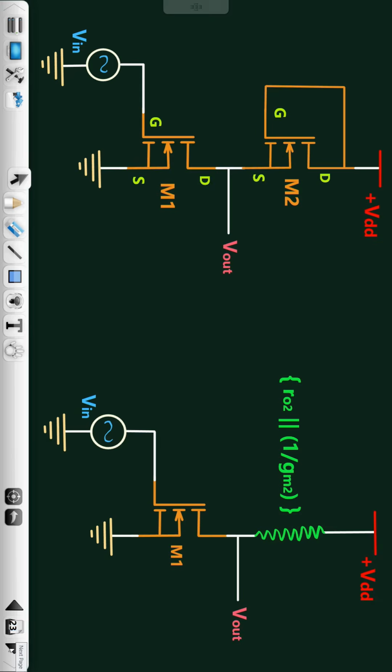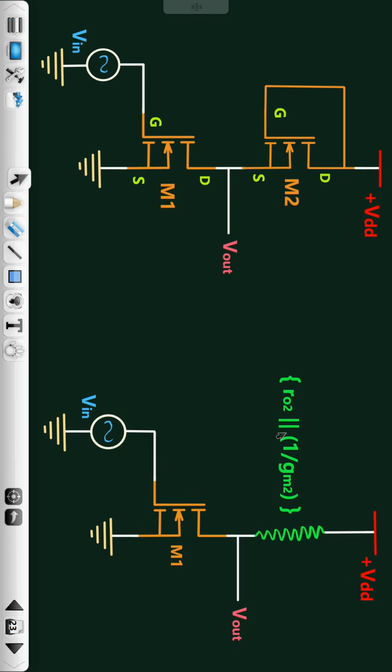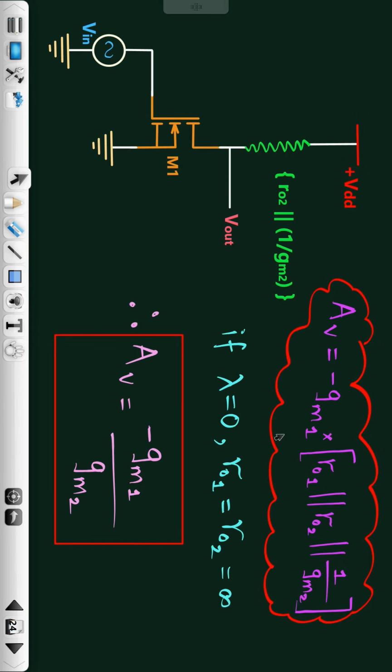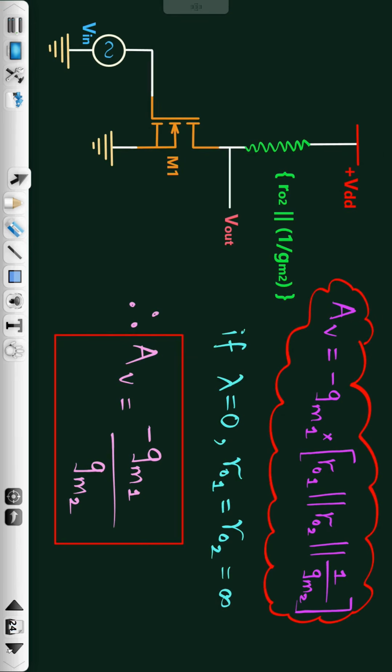For that, we all know the gain offered by the normal CS amplifier, when we connect RD over here, is minus of gm1 times RD in parallel with r01, the output impedance of M1. Now instead of RD we have r02 in parallel with 1 by gm2. So the gain will be minus of gm1 times r01 in parallel with r02 in parallel with 1 by gm2. If r01 and r02 are infinite,